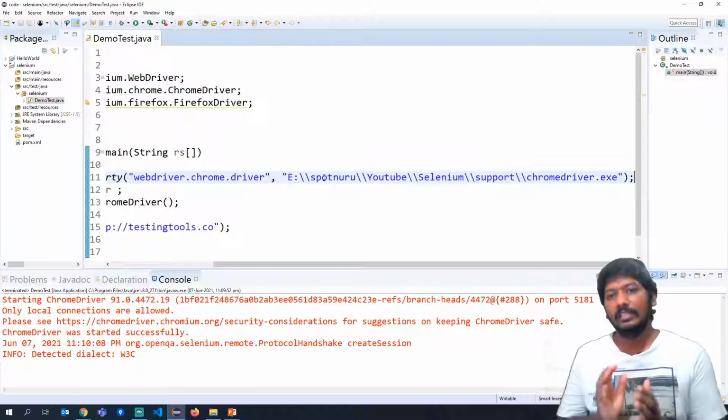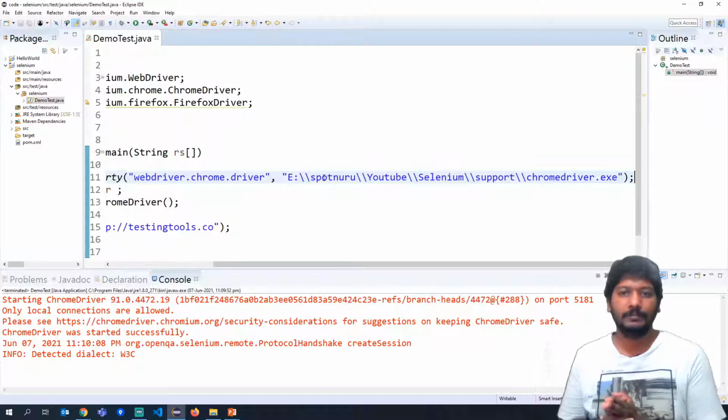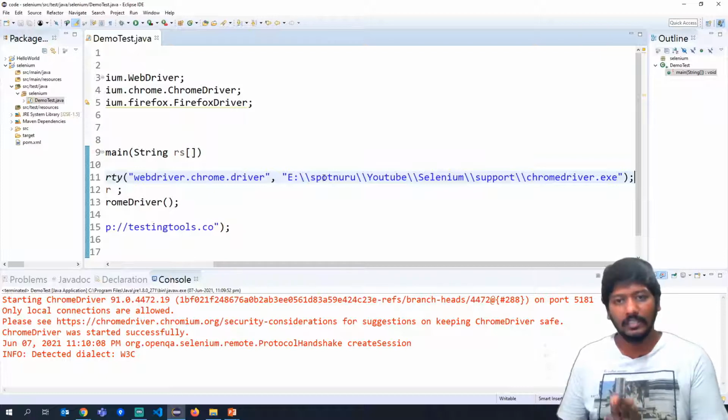Okay, so in this video we are going to stop here. I will make another video after this where I will show you those steps, which Maven dependency you need to include in the project, and what piece of code you have to change so that it still works properly and there is no headache of maintaining these driver files. Okay, I hope these videos will be useful for you and help you learn Selenium and help you in your work.